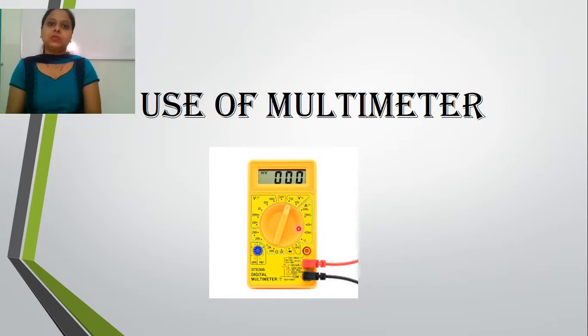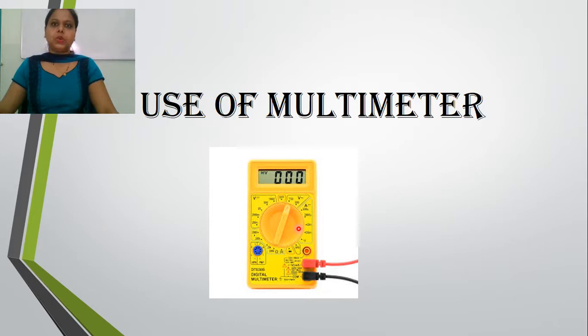Now why is it called a multimeter? This is a simple instrument which helps us for multitasking purposes. This multimeter can be used as a voltmeter and as an ammeter. It will also measure resistance, and it can test a diode and an LED, so we can specify whether they are working or not. We can also check the working of NPN and PNP transistors with the help of this multimeter. So let's start without wasting time.